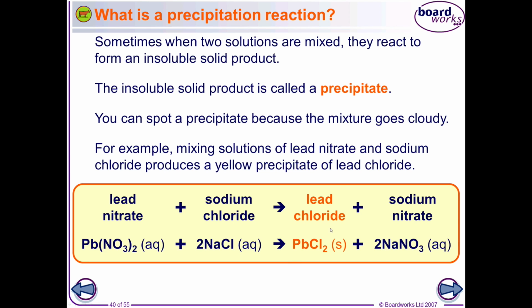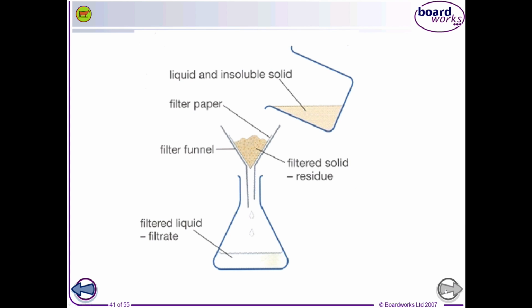Now, in order to get that precipitate back, what I have to do is carry out a process called filtration. And what happens is you've got your precipitate and water in the beaker, you pour it through the filter paper, and what will happen is the solid that doesn't dissolve will be captured in the filter paper, and then the rest of the impurities will dribble through. And what you do is you then wash that salt with water to remove any soluble impurities, and then you would leave it to dry, and then you've hopefully got a fairly pure salt from that. So you filter it, wash it with water, dry on filter paper,